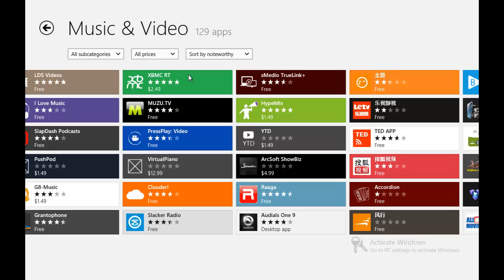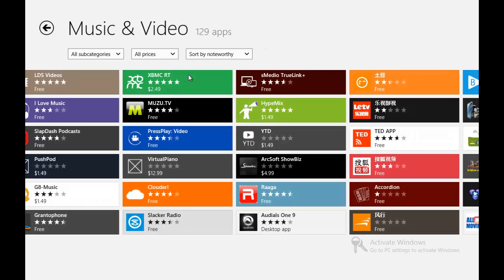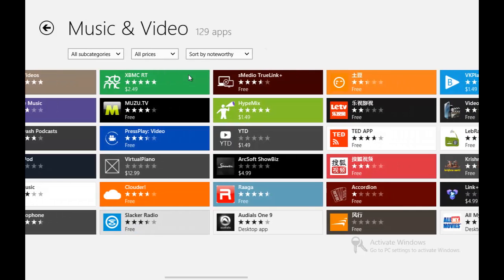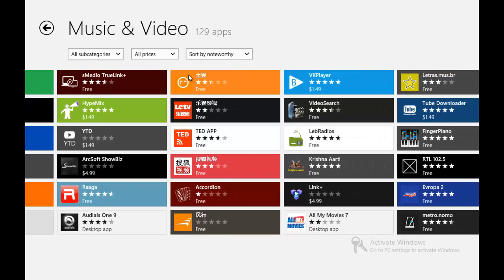And what I mean by that is that, as you can see, there's a desktop app right here. You'll be able to get desktop apps on Windows RT only if you download them from the store. So if the developer allows it to be a desktop app, it'll be on the desktop, and you'll be able to use it if you're using Windows RT. If you're using Windows 8, you're free, like Windows 7, to download it from anywhere. We can go out,